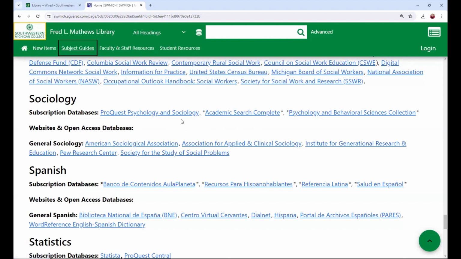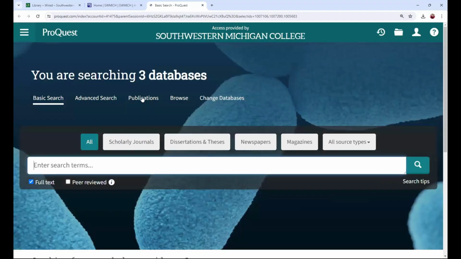But if we look at the subscription databases, there are 3 suggested here. One is one of our ProQuest databases that the Fred Matthews Library subscribes to for you. And then we have 2 Michigan eLibrary databases. So if we just go to ProQuest Psychology and Sociology, this actually is not a database. This is a direct link we created to 3 databases that fall into that category of psychology and sociology. So if we want to change this up a little bit, we can. If you go to change databases,